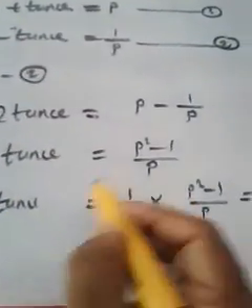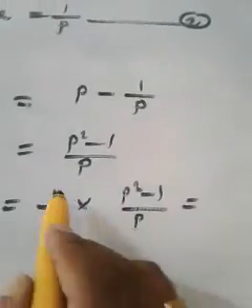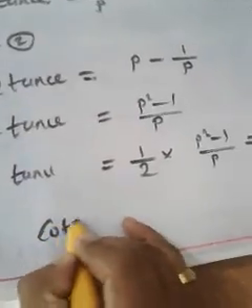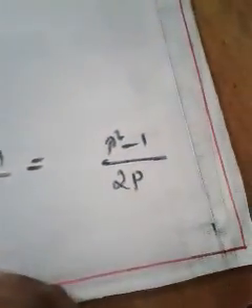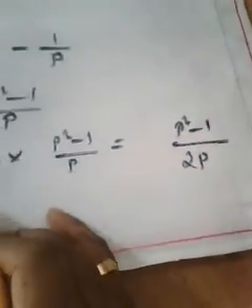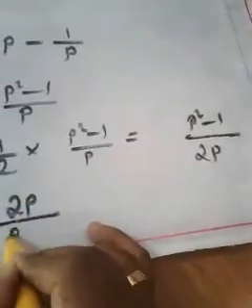I'm not going to explain that. When you take the 2 to the right side, you know how to write like this because we explained it in the previous questions. So when you multiply the numerator and multiply the denominator, it becomes 1 into p square minus 1 is p square minus 1, 2 into p is 2p. So we got the value of tan now. Then what we have to do, just find out the value of cot, take the reciprocal. Tan is nothing but p square minus 1 by 2p, so cot is nothing but 2p by p square minus 1. Then how can we reach cosec?